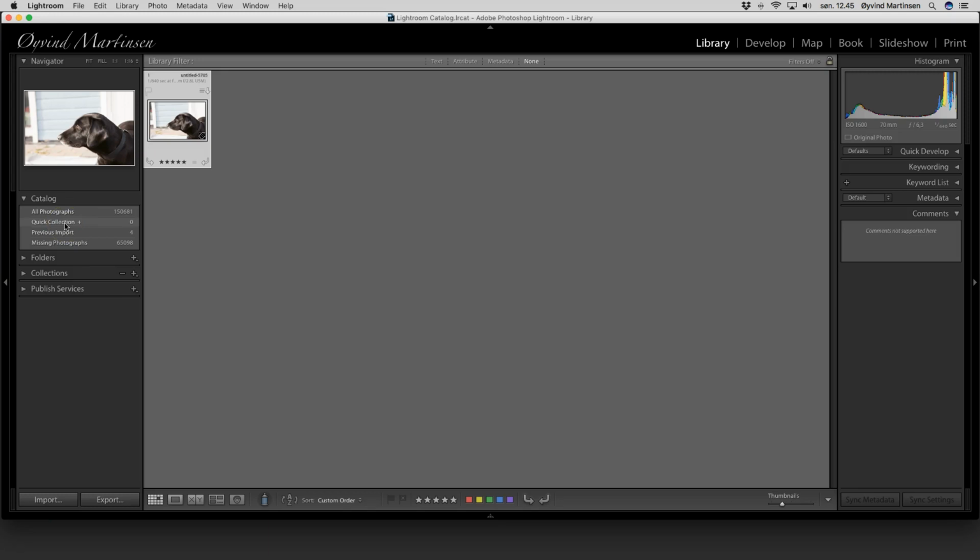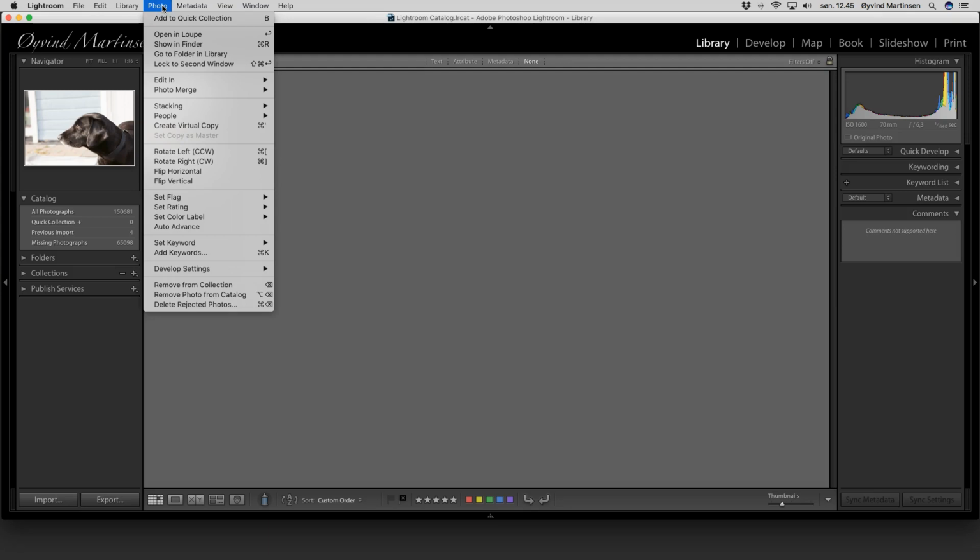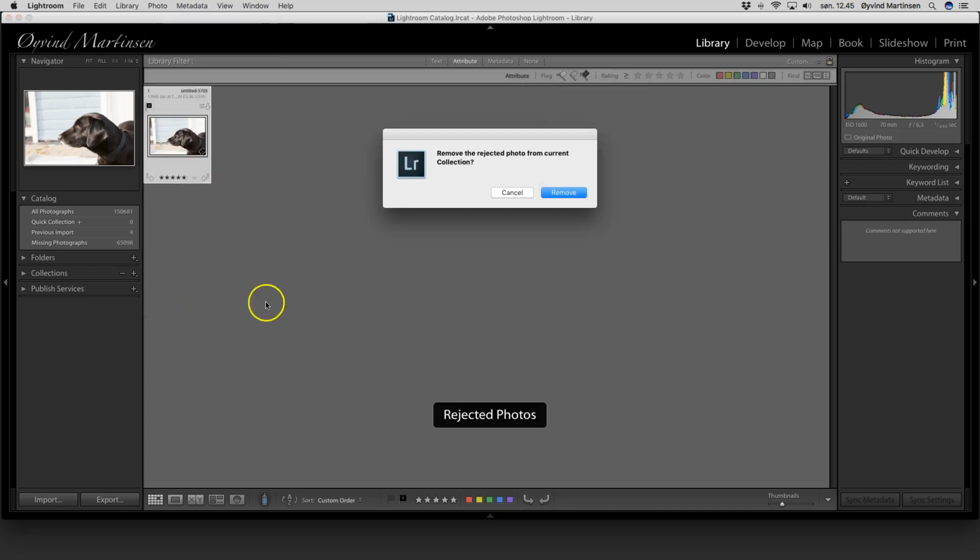So I'm going to repeat the deletion one more time. If you want to delete an image, you press the X button on the keyboard, and then you have this X here on this flag. And then you go up to Photo, and then Delete Rejected Photos. You click on that, and then